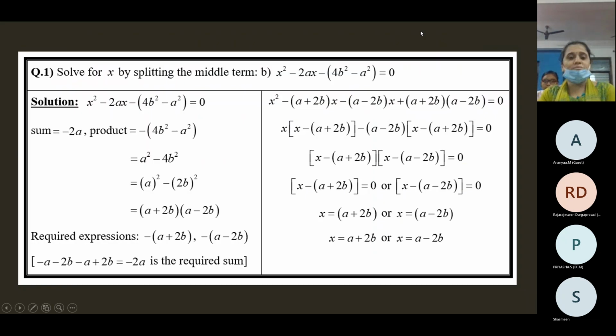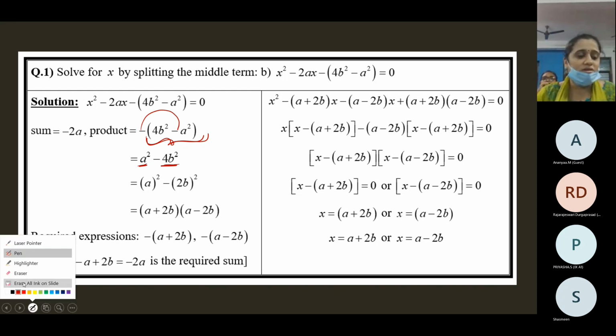So these are the same. I'll just talk about splitting the middle term. I'll just talk about this product here. So here, how do we factorize the product? See here, minus into minus, a square minus b square. So this is like a difference of two squares. This product here,